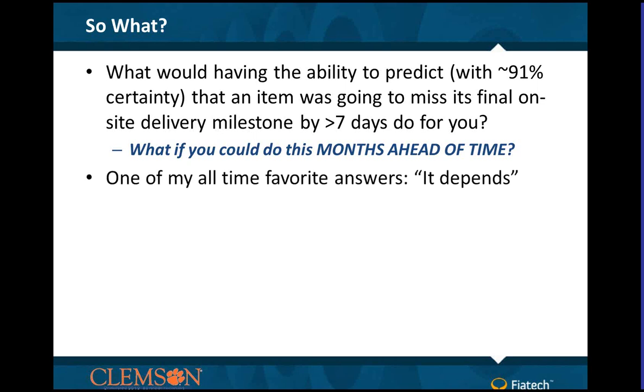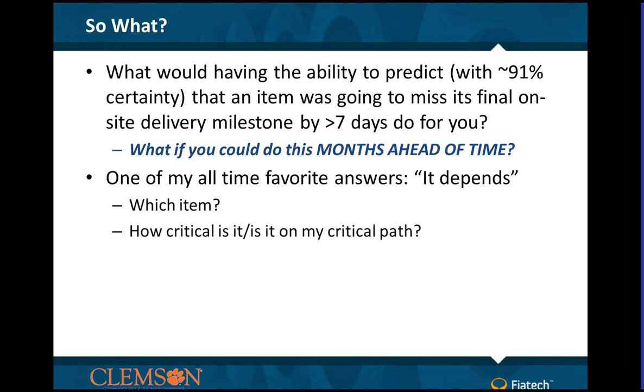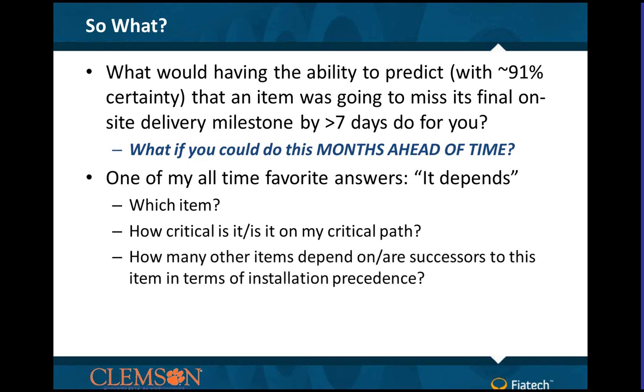Well, I think the answer is one of my all-time favorites that students give me. It depends. What kind of items are you talking about is a big question. Is the item on my critical path, or is it like bolts, something that I have plenty of? Or is it an item that many other items depend on in terms of the work phase? If this item isn't in place, there are many other things that have to go on after it, and if this item is late, it's going to have a cascading or chain effect on everything else around it. These key aspects of which items they are is something we're focusing on in our future research,